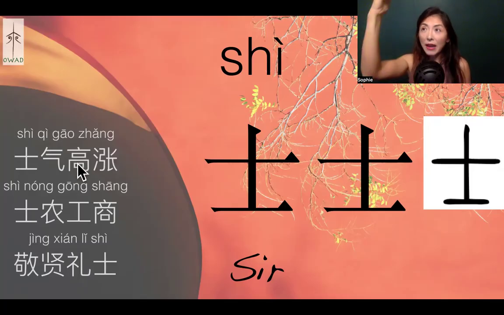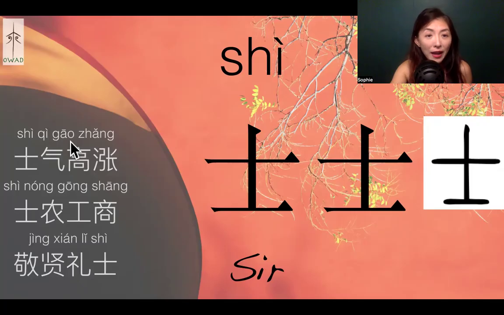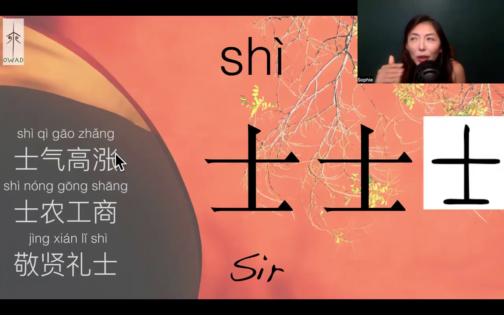Then we have 高涨. 高 is high, rising, at least a 2-floor high building. So it's visually higher than usual. And 涨, we see the water sign on the side. That means the water is rising. So both from the water or from the building, 高 and 涨 have a similar meaning, but then they pair together to double down on the meaning. So 士气高涨 means the rising